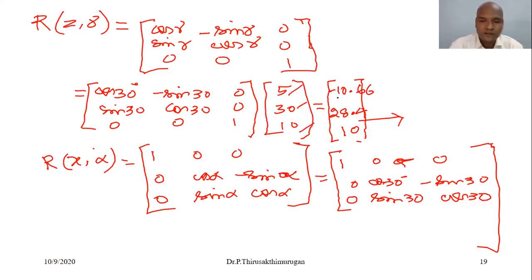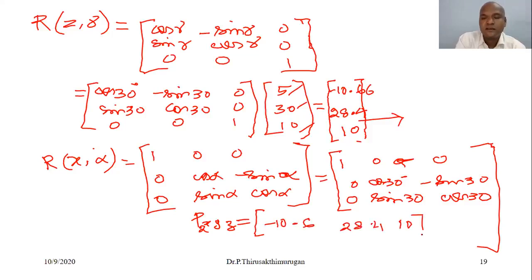We will write P2, the new position, equal to minus 10, minus 10.66, 28.4 and 10 transform. Okay, so now the next step is the new robo frame makes an angle of 30